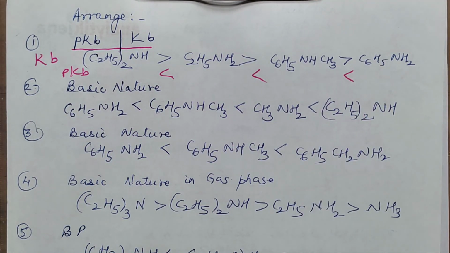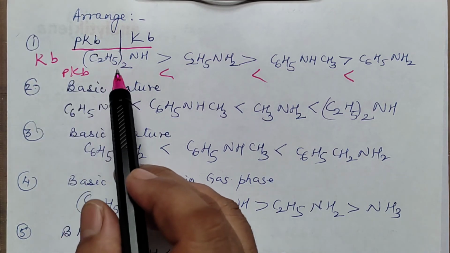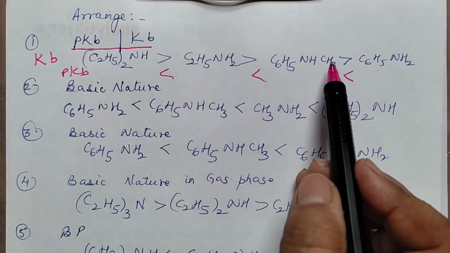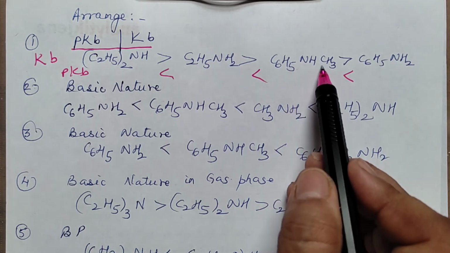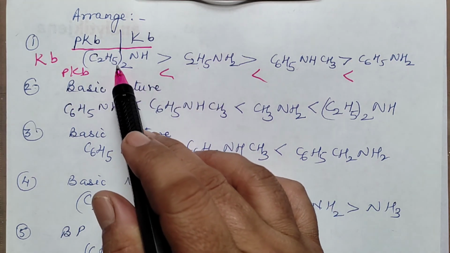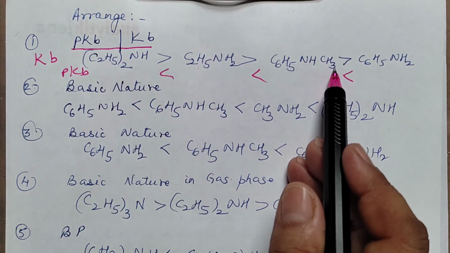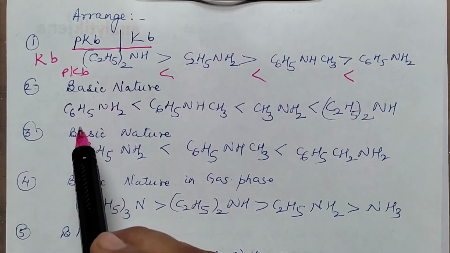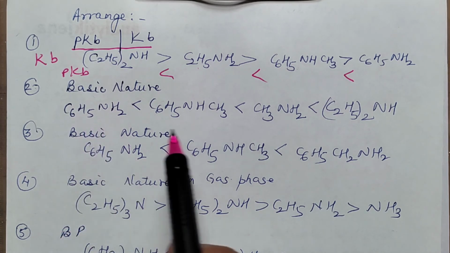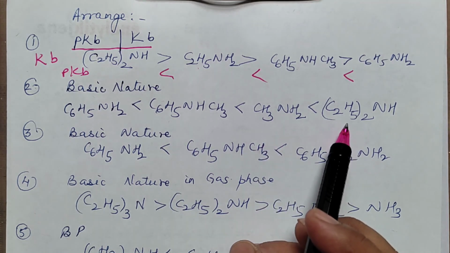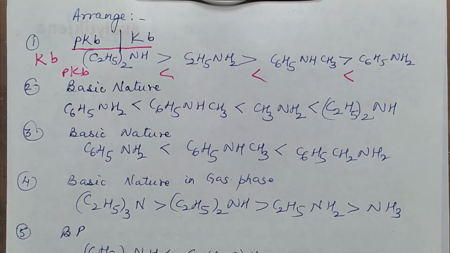Now why it is, you can just apply whatever we have discussed earlier. Kb value of course for aniline, the lone pair is moving onto the ring, so that will be least. Here at least there is one methyl group, here one ethyl, here two ethyls. Here one ring and one methyl, so that will be least. So just keep that in mind and put it in the order. Basic nature, again the aromatic will be least. Again one methyl and one ring, one alkyl group, two alkyl groups. So the more the alkyl groups, the more the basic nature.